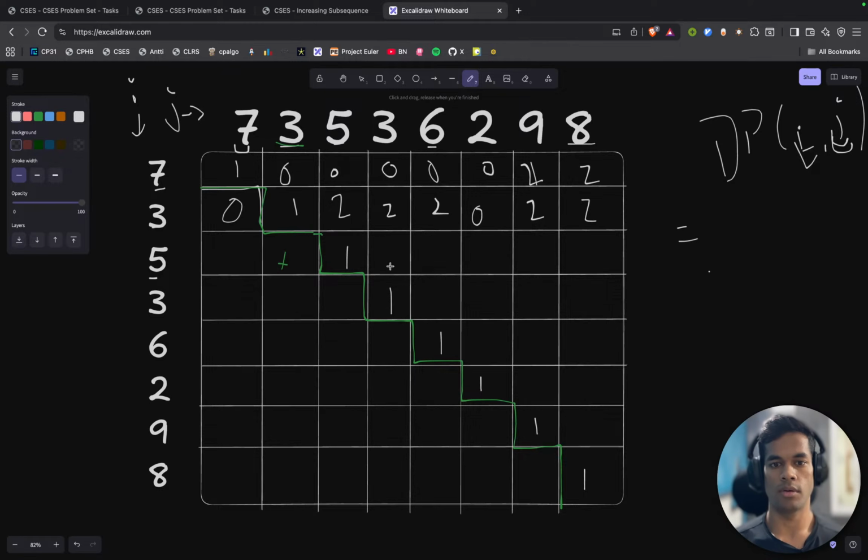And when I'm trying to pair this 5 with the 3, we cannot do that. Here the answer will be 2, here the answer will be 0, here 2 and 2. And when I'm trying to pair up this 3 with this 6 as the last number, since this 6 is greater than this 3, and we know that the maximum value in this 3 column is 2, we can pair up this 3 with this 6. So the answer should be